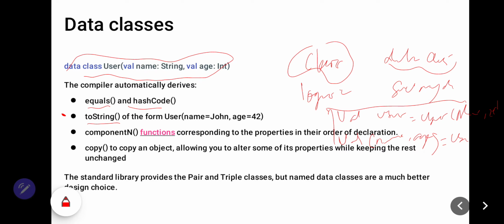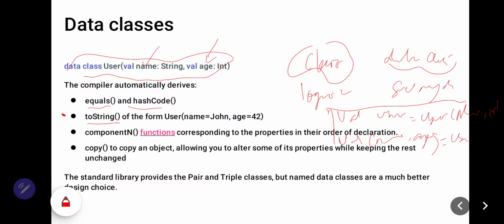However, there are also some requirements and limitations. A data class constructor needs to have at least one property declared. If you see in here, name and age as properties.